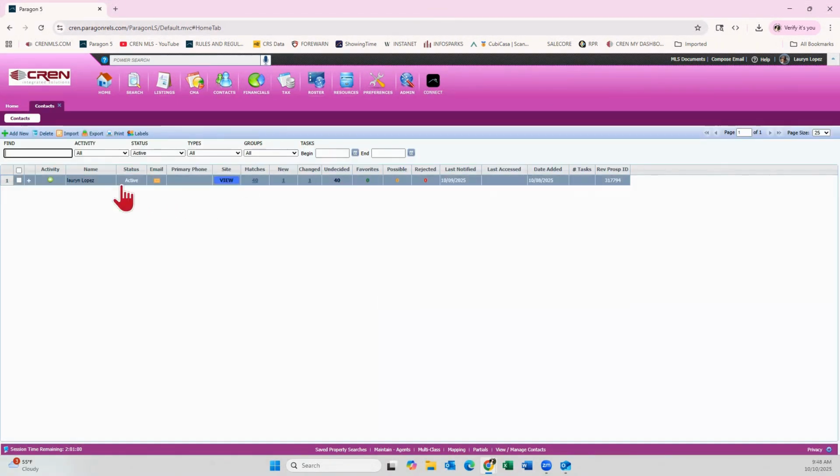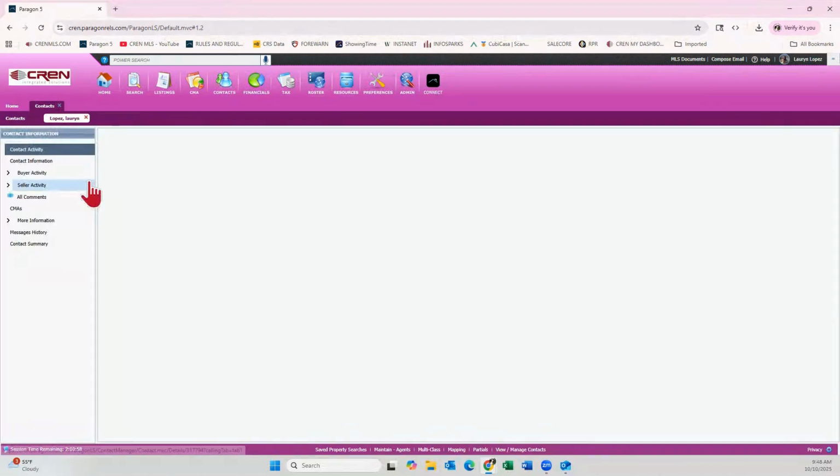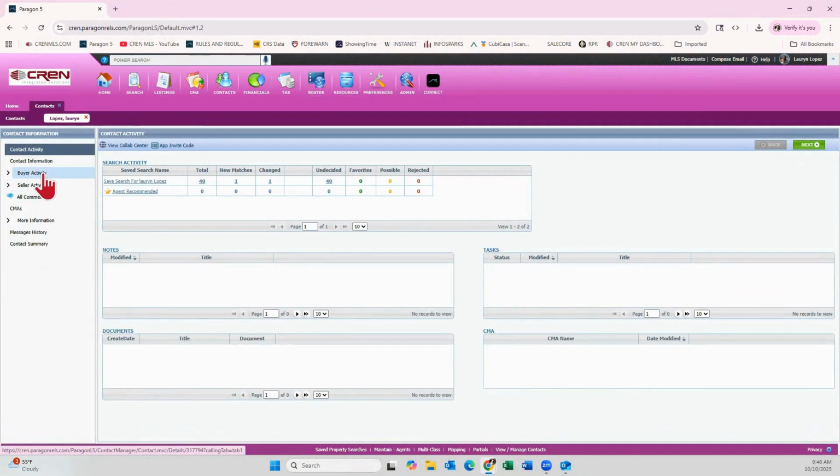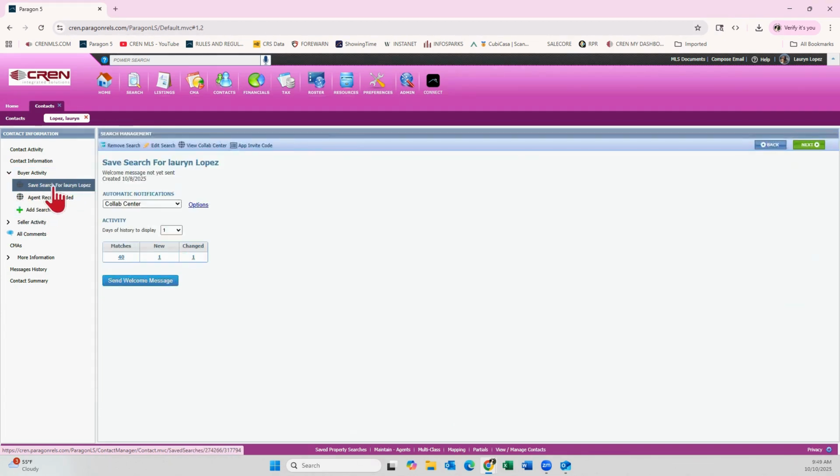I already have my client in the system, so I'm just going to click the name and take it to contact information. I also already have a saved search here, but if you do not have one, I'll quickly show you how to add one to your client's contact. So you would just add search here,